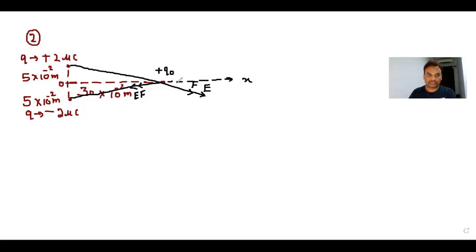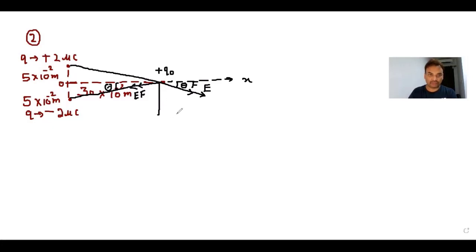So with this x-axis now, this angle is theta, right? And this angle is also theta, right? Why are both the angles the same? Because the magnitude of both the charges is the same, so they will produce the same electric field. So this electric field and this electric field are the same. So it means the net electric field will be